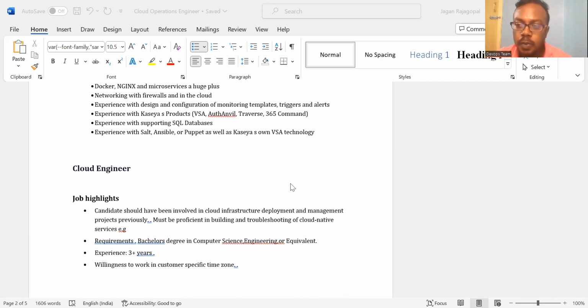Basically, a cloud engineer's role is managing the infrastructure of the cloud environment. When you take AWS services, you should know all the basic concepts: what subnets and networking are, how routing and subnets are configured, what services are available, how to integrate the services, and a little bit of scripting like Python or PowerShell, because you need to automate some of the services. In order to change your career, you should get some hands-on experience.